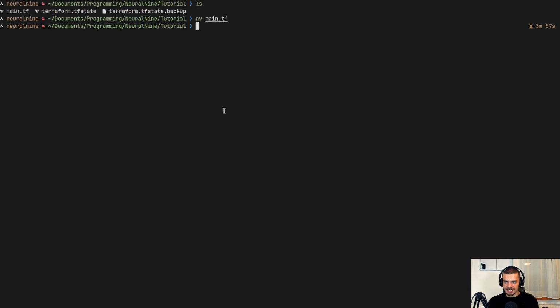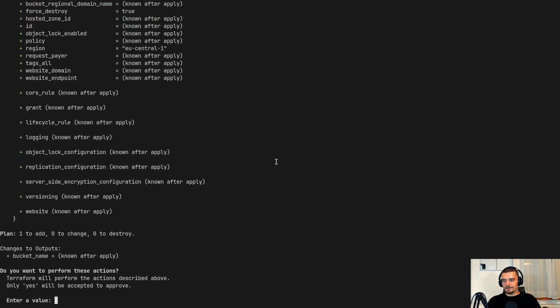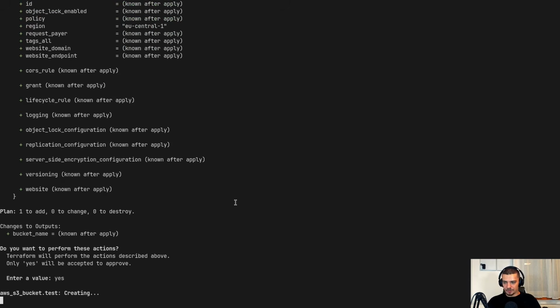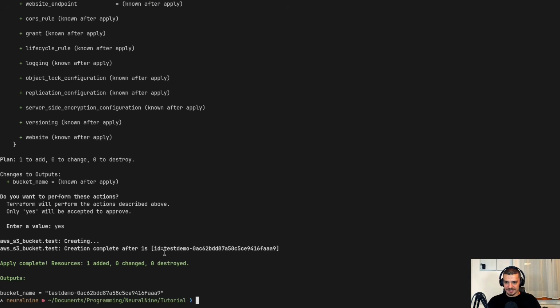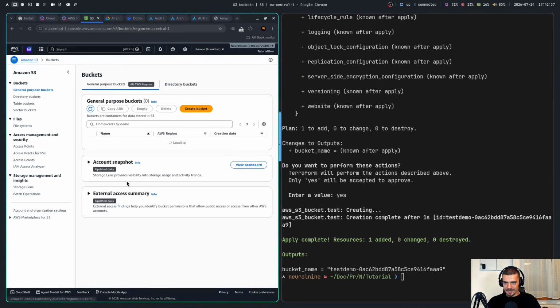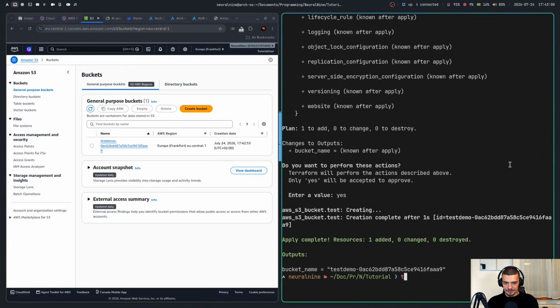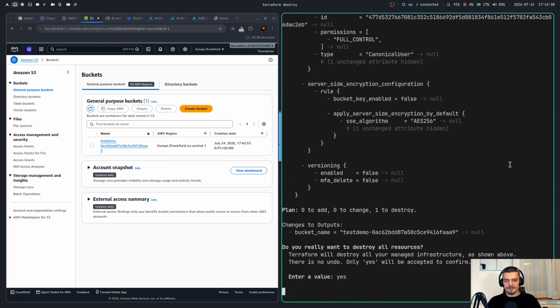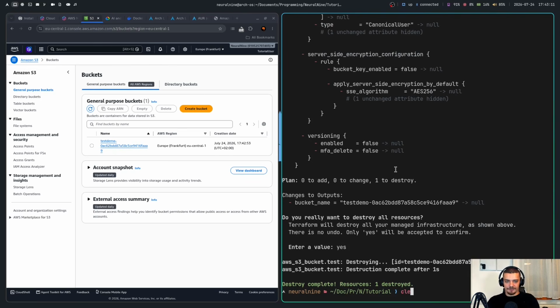So I can still go and say terraform validate to see if I messed something up, if I have a typo in there, which can occasionally happen. And otherwise I can just say apply, and it will do the exact same thing. It will create a bucket. After I say yes, it will output the bucket name. As you can see, everything worked in the same way. Now I have a bucket again, and now I can do terraform destroy again to reverse everything. Same functionality as before, but now with the convention of splitting it across three different files. So enter yes, and everything's back to normal.